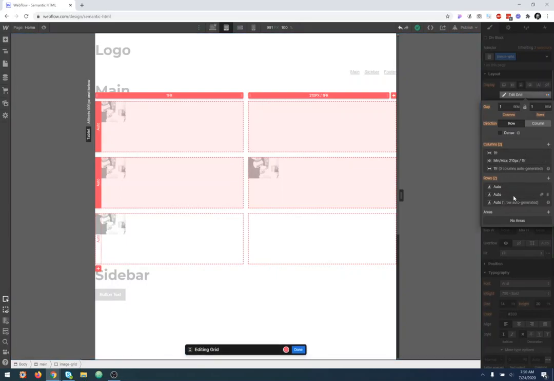We still only have two rows that we're explicitly saying we want, 2 rows at least, but it's pushed it down to a third row, and it tells you now that there are 2 rows, but 1 row has been auto-generated. So you can see that it's clear, and it tells you over here that it's auto-generated, so there's no explicit